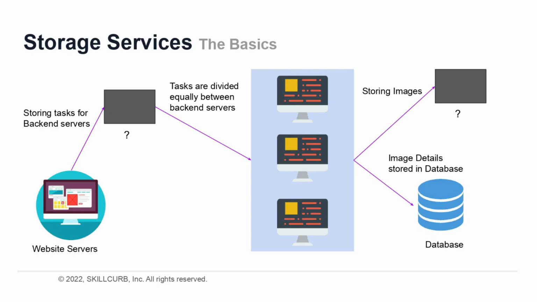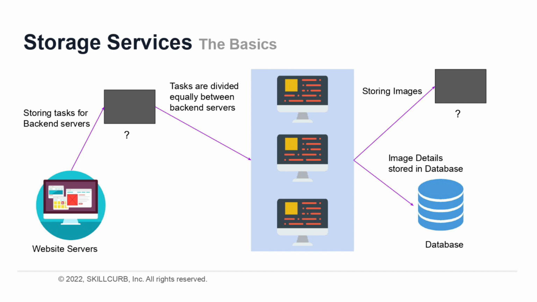This architecture is for an image processing website. We have tried to distribute the load among two classes of servers, namely website server and backend servers. The website server's sole job would be to handle the incoming page requests for our website. The backend servers will handle any processing that would be needed corresponding to an operation, which in our case could